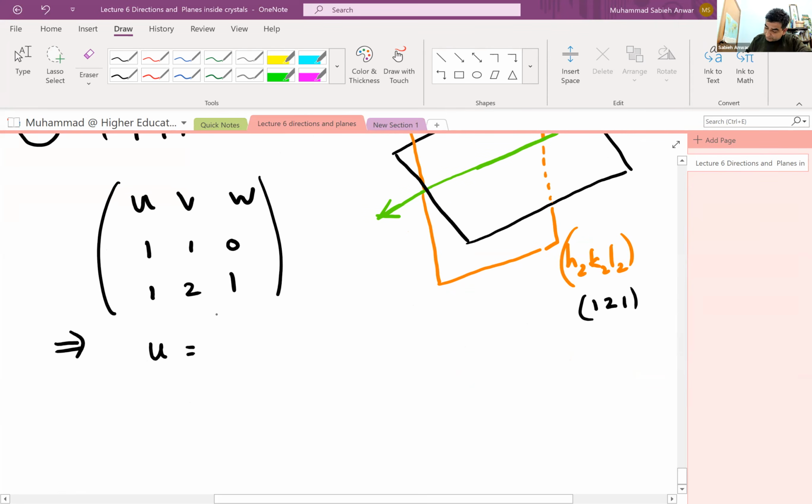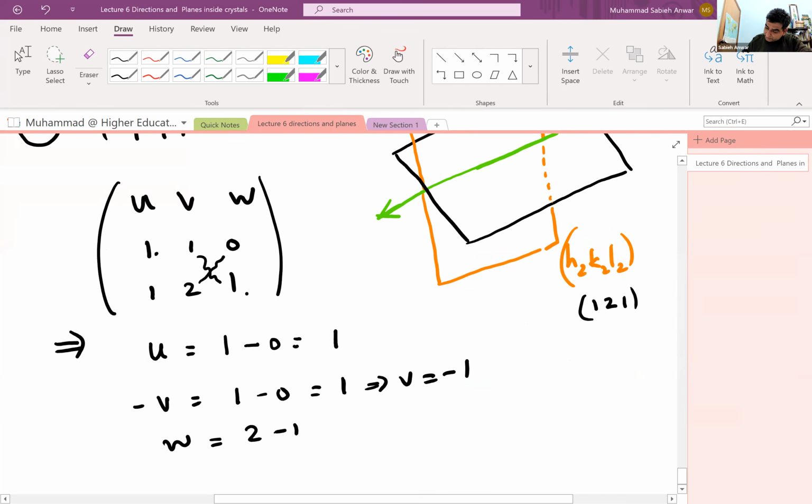U equals 1 minus 0, which is multiply these terms with these terms, I get 1. V minus V equals 1 minus 0, which I multiply this with this and this with this, I get 1, which means V is minus 1, and W is 2 minus 1, which means that I